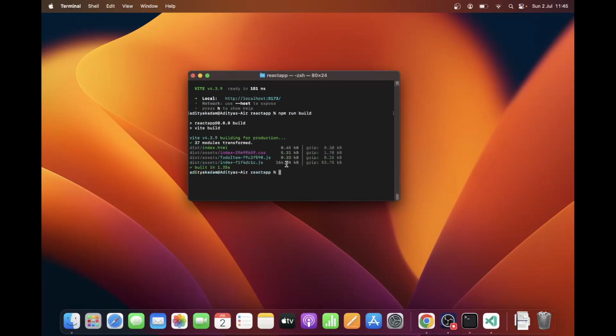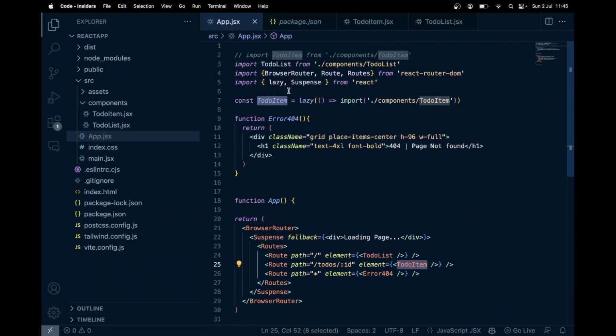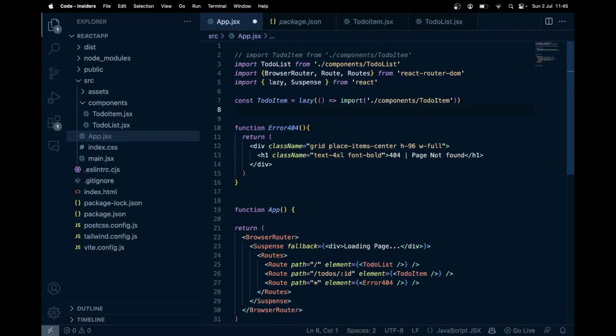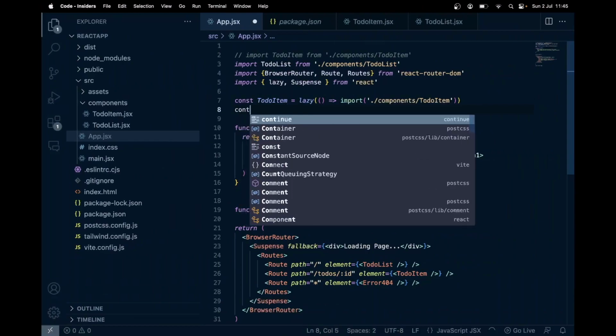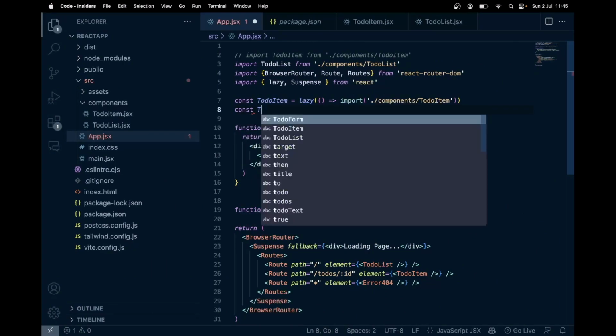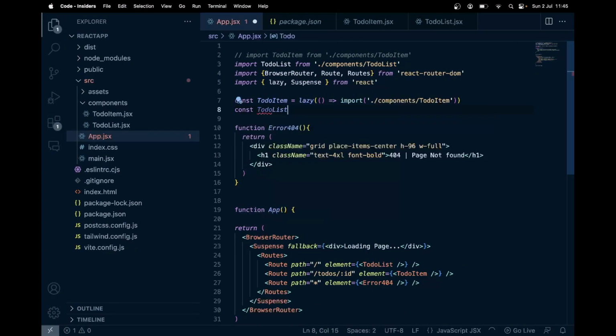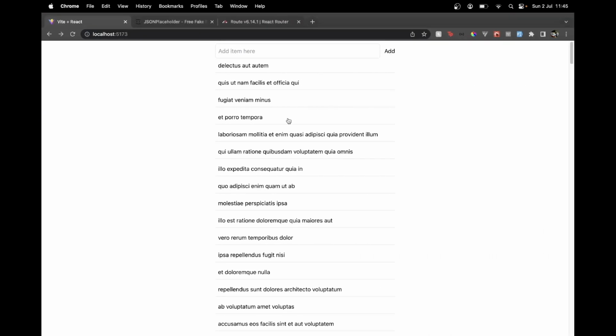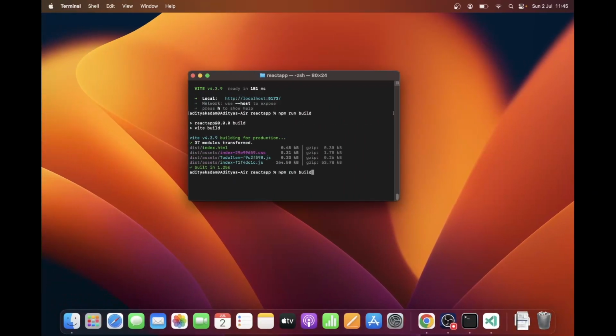you'll see it created two bundles. So the bundle size, like it's 0.33 KB, it has reduced a bit, but imagine if this was a big component. So we can also split this one over here. So we could say TodoList also, const TodoList equal to lazy load that component as well. So let's put this over here. And now if we see the final size,